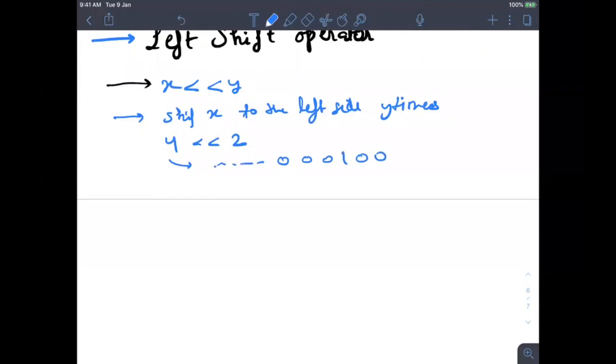Now shift 4 to the left side 2 times. After one time it becomes 1 0 0 0, and doing it twice, it becomes 1 0 0 0 0. So basically you are just adding 2 zeros at the end.